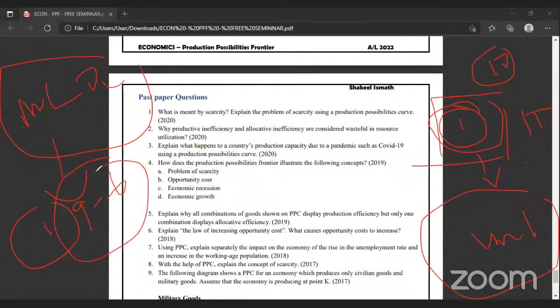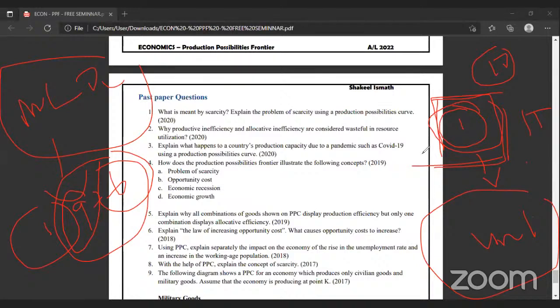I can't remember exactly, but the 2018 paper had 6 questions, right? The 2017 and 2016 papers had exactly 9 questions. So what is the conclusion here? Maximum 9 questions, or minimum 6 questions, will be from the first unit. So 6 to 9 questions will be taken from the first unit for the MCQ. In part 2, the entire first question is from the first unit. So now you know the problem. What type of problems are coming? You know where the problem appears, right?